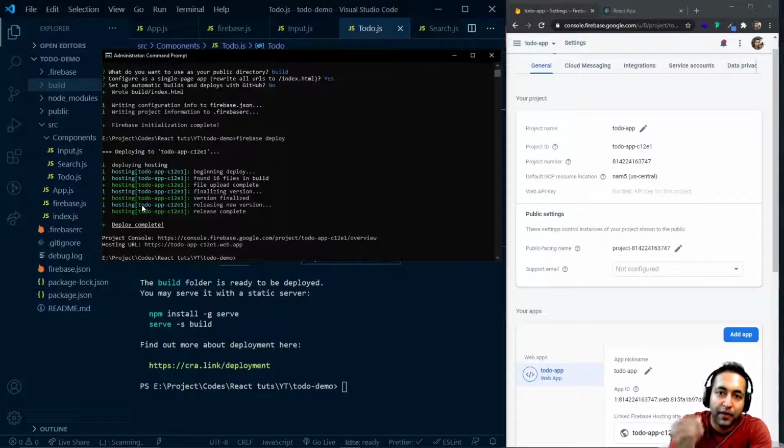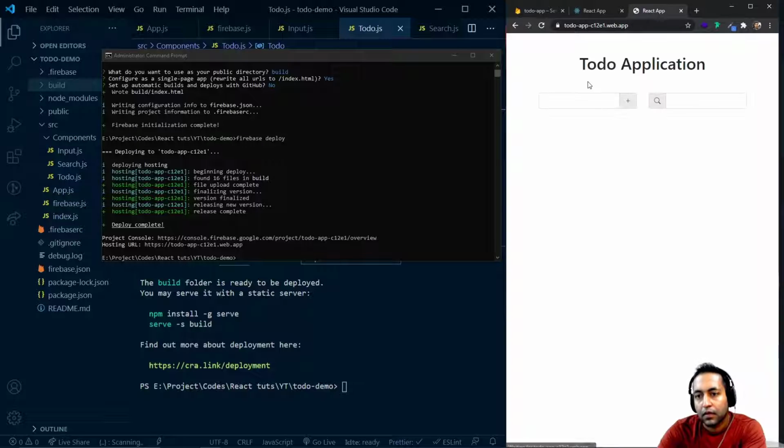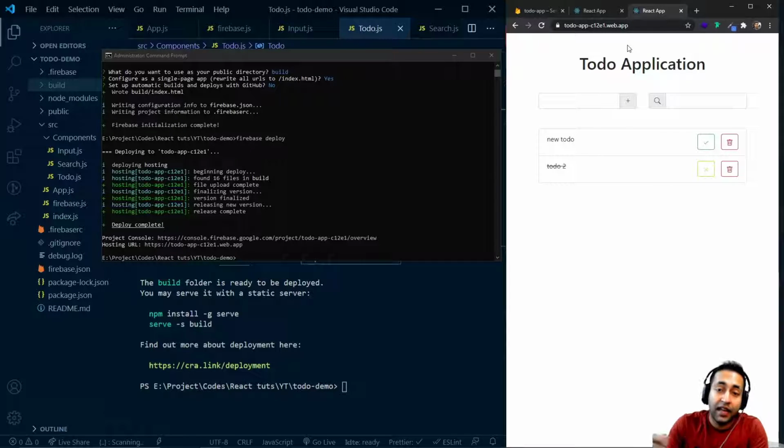And now our application is live on the internet. We can just copy this URL and just copy this. And now we can paste it here. And you can see that we have our to-do application ready, and it is live on the internet. Again, I'm saying that I'll leave the link in the description below so that you can use it and see how it looks. And if we add something here, say